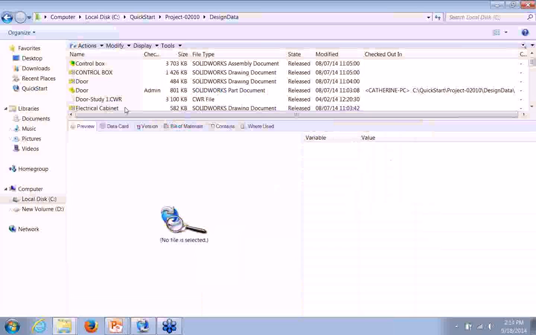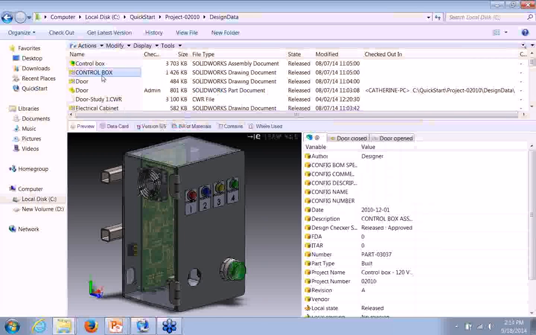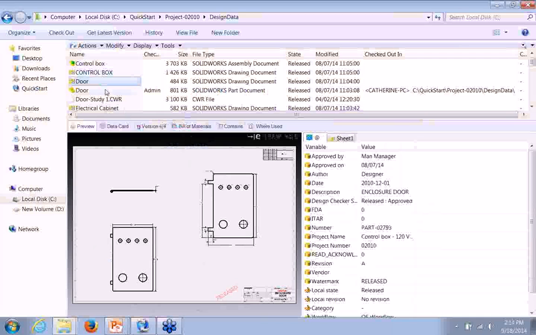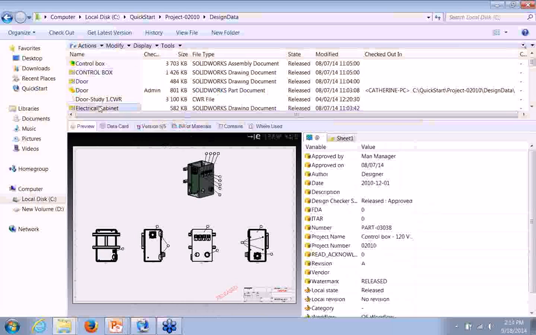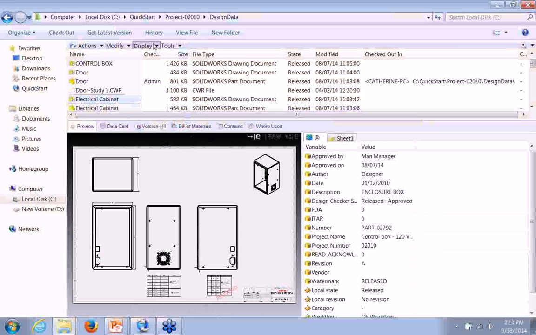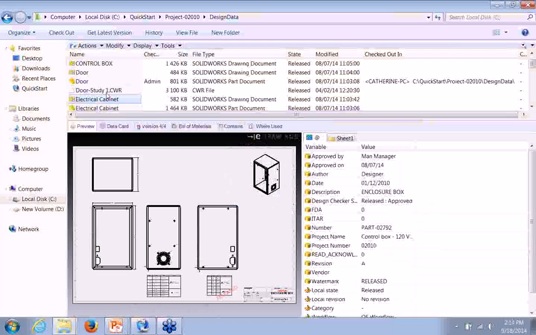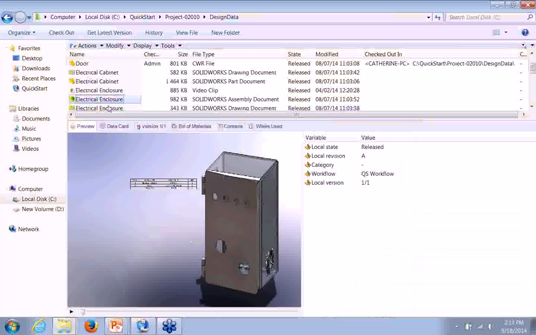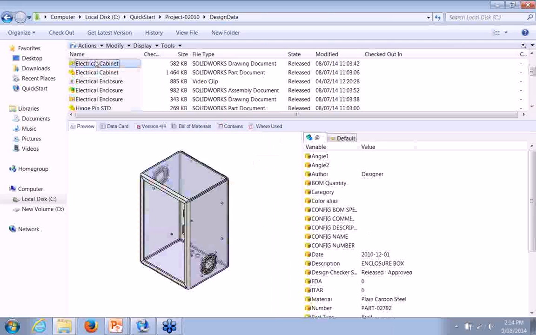I've got these files, I've got the preview tab selected, and as I'm clicking these files, you can see how it takes a few seconds for our eDrawings previewer to show us a preview of the different parts and assemblies and drawings. Doesn't take too long, but underneath display options, we can show bitmap for SolidWorks files. As soon as that's selected, if we go through, it takes a whole lot less time for our SolidWorks files to load with a bitmap